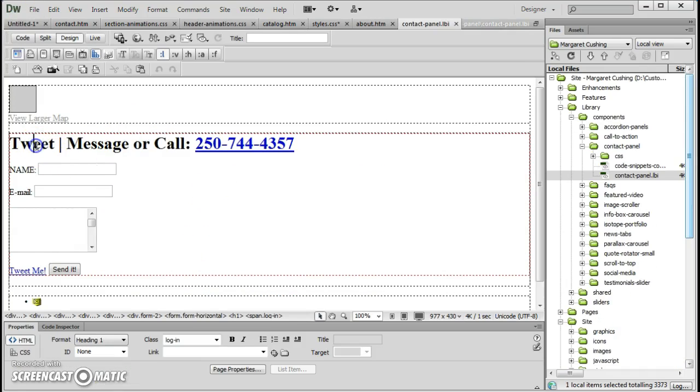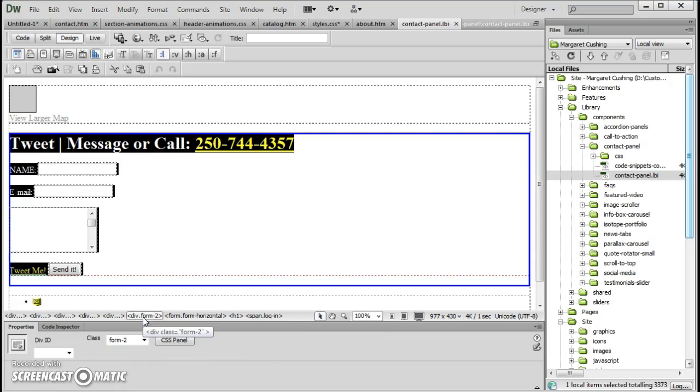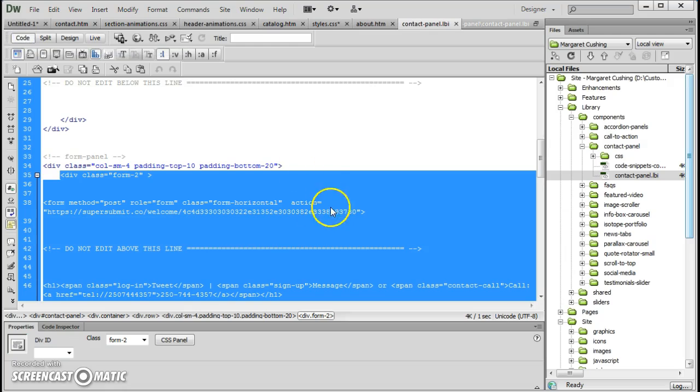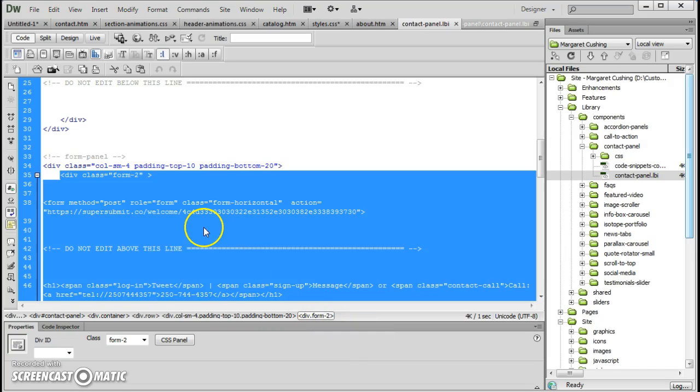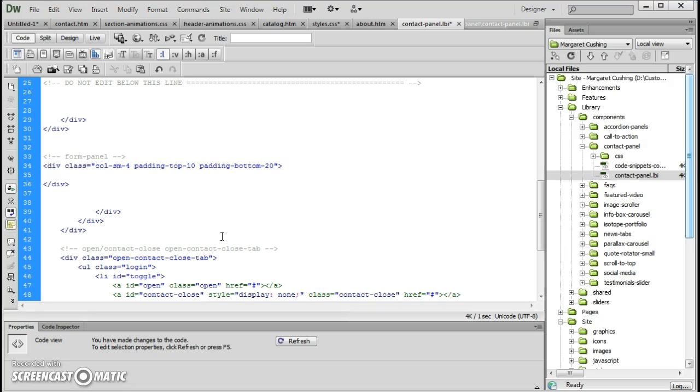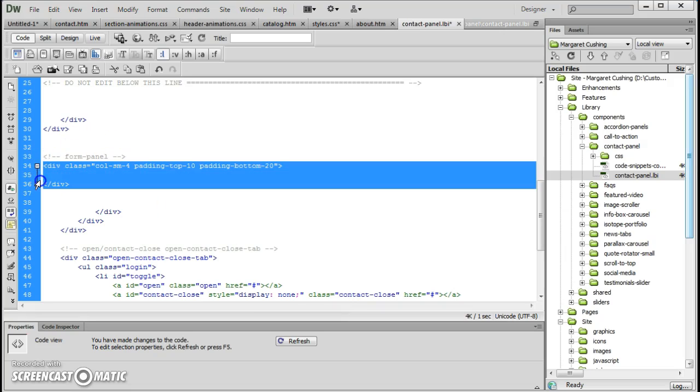Okay, so let's take a look at getting rid of this box here, and it's actually, I think, just the div of form 2 that we want to get rid of. But let's take a look here. Yep, that's exactly it. See this div class of form 2? So I just click on the word form in form 2, hit div form 2 like so, and then I would do the delete, and then you'll still have the column in there, so it doesn't collapse